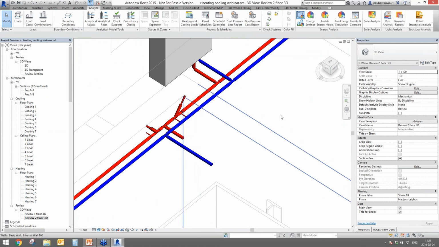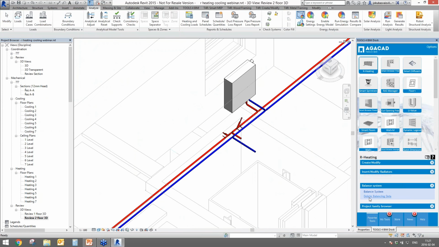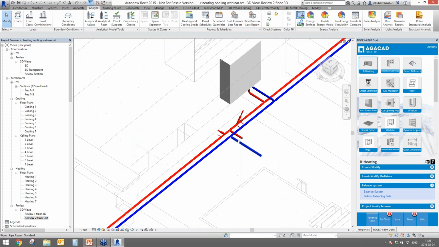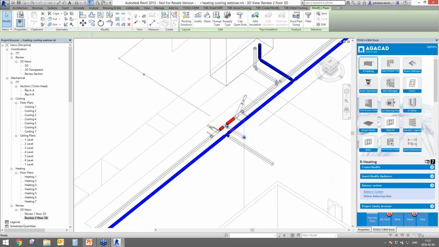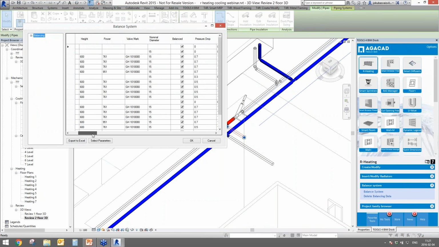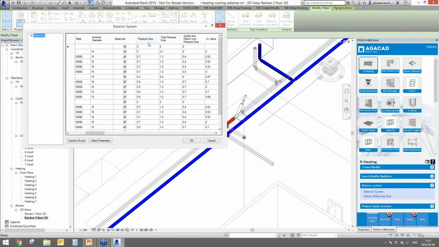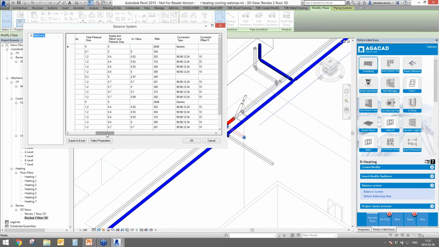So we have created a tool for balancing systems. You can balance the system from any point you need. Like if you click on supply and return pipes and try to balance the system, it will automatically go through the whole system. It will find all the lengths, heights, powers, nominal diameters, pressure drops, total pressure drops, supply and return pressure drops,